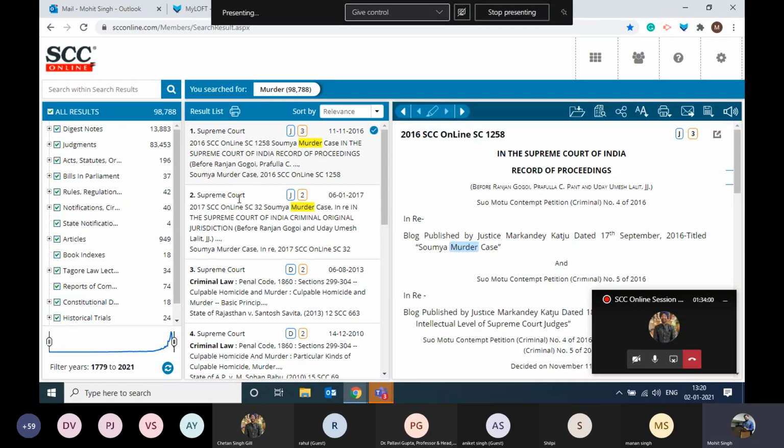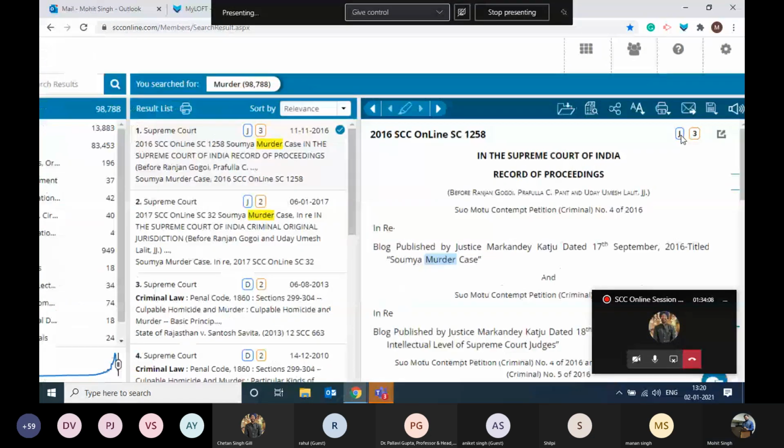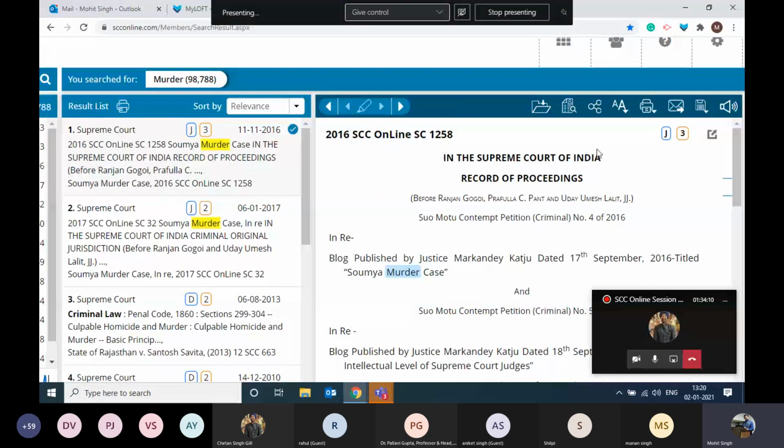The first step is, please select how many documents you want in your compendium. So let us take this judgment. Now, in order to upload this judgment, first of all, you click on this icon. That is called the Add to my SCC Online folder icon. What it does, it will make a folder in the SCC Online server, which is not accessible by us, but only you.